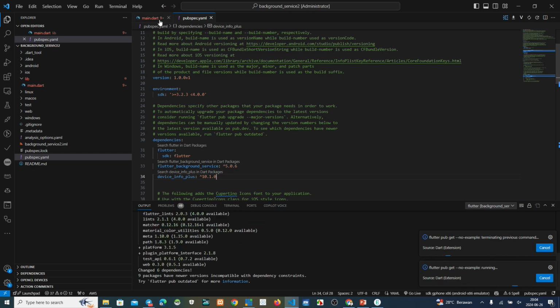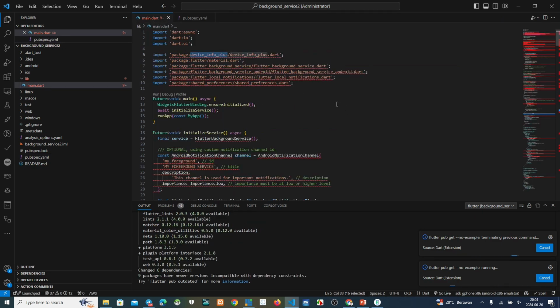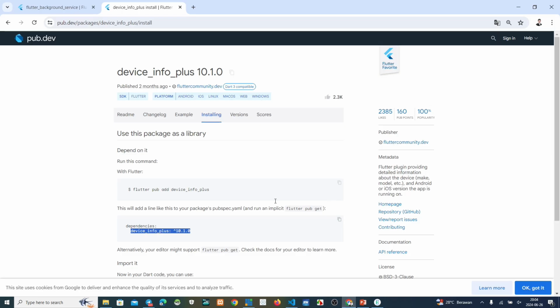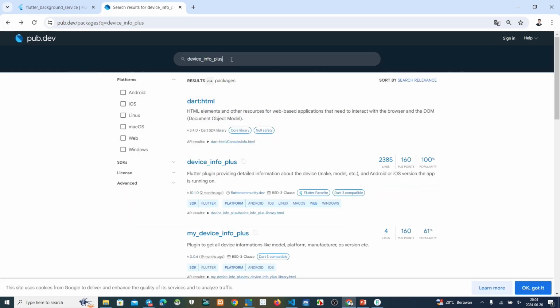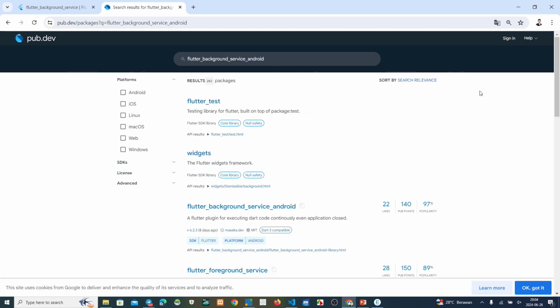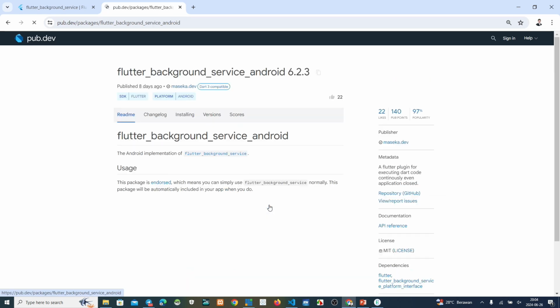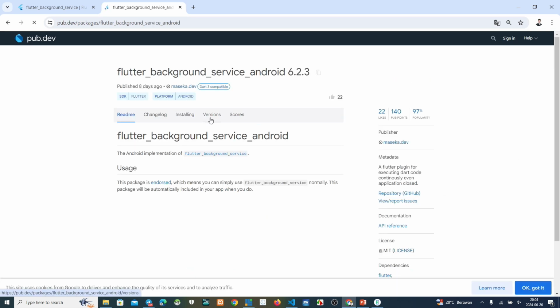After that, we see Flutter background service Android again. Copy. Copy to this one. How to install this?